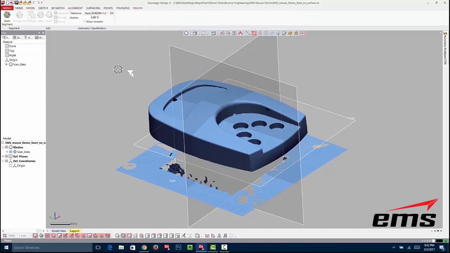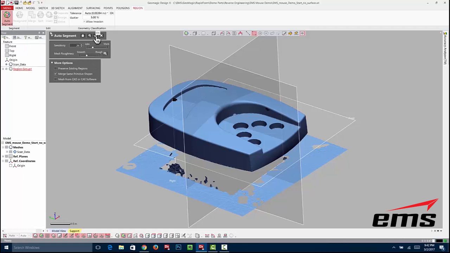The next thing we want to do is region group this, and I'm going to hit this button and we'll get it started and we'll talk about it. So what region grouping does, because there is no intelligence really here, region group is going to go out and try to make some assumptions about this scan data. So it's going to look for things like